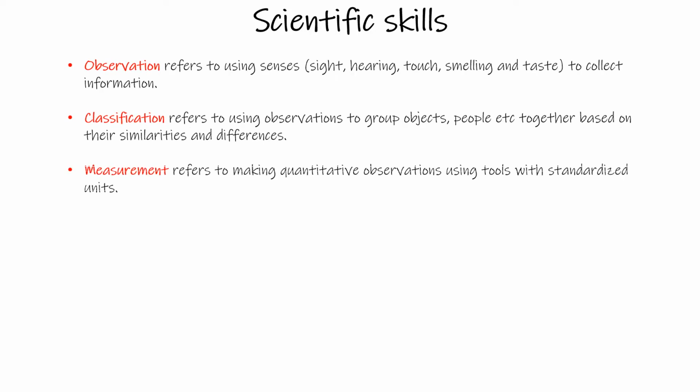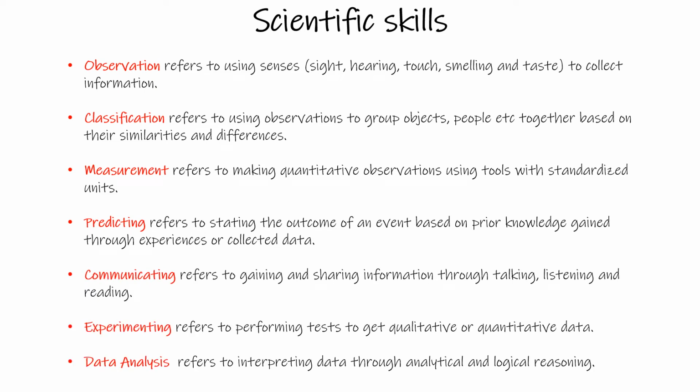the most common skills. Starting off with observation, which refers to using senses of sight, hearing, touch, smelling, and taste to collect information. But depending on the experiment that the scientist is currently conducting, they will omit certain senses. For example, if you have an unlabeled vial of chemical that you want to find out what chemical this is, you're definitely not going to be touching, smelling, or tasting said chemical since you don't know how dangerous that could